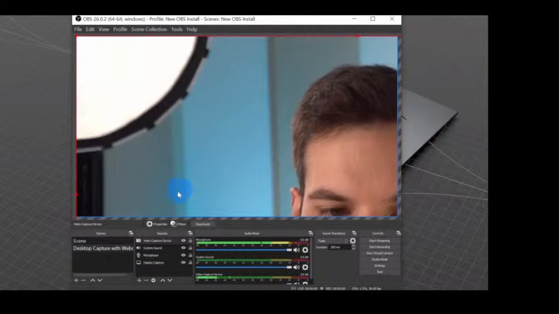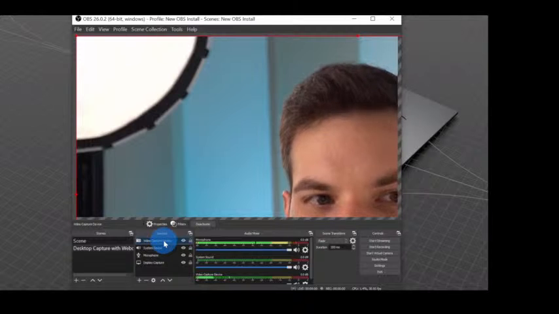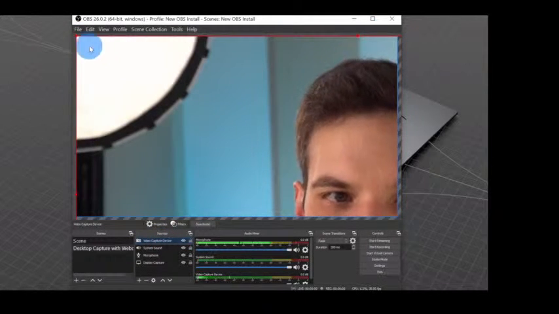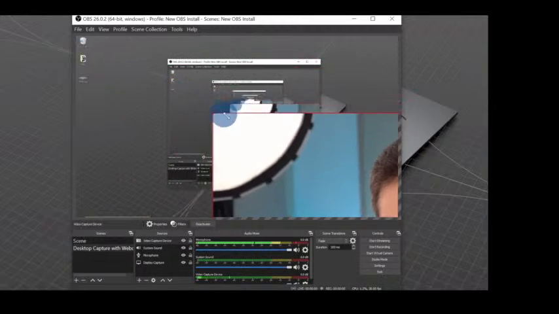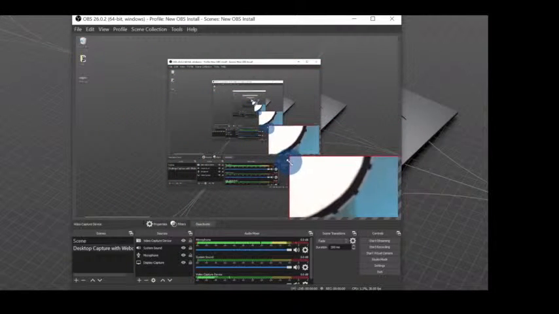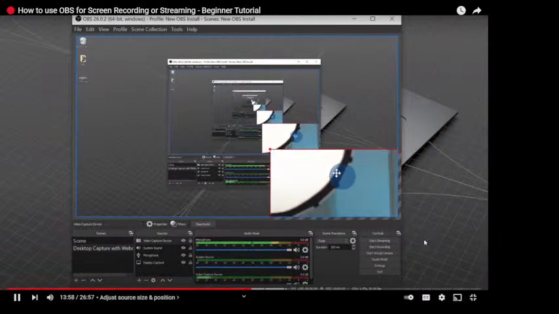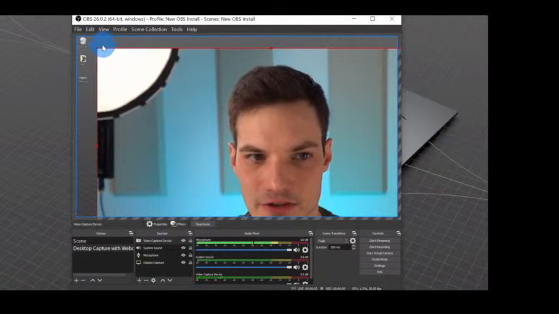To adjust this, down within sources, click on your video capture device and then you'll see a red rectangle appear around that source. Now I can click on the corner to adjust the size. If I want to modify the position, I can click on the item and then I could drag it on my screen. I'll continue adjusting the size just to make it